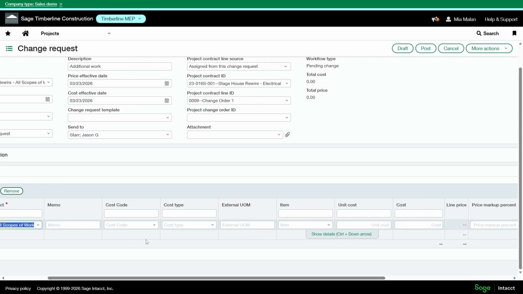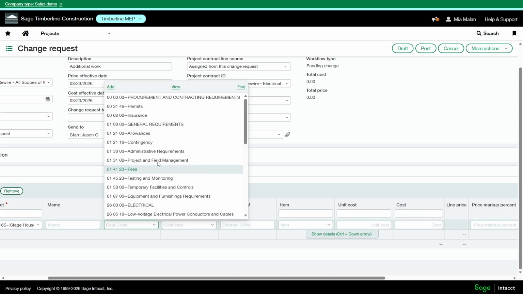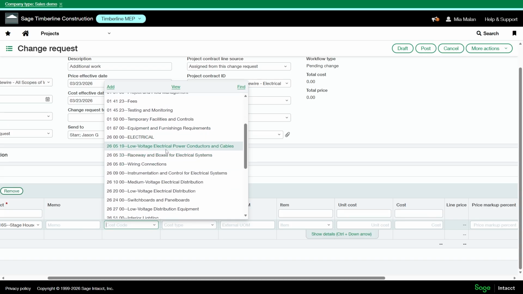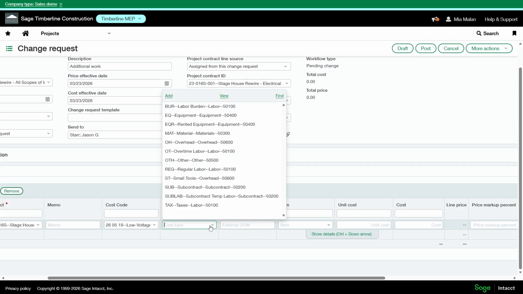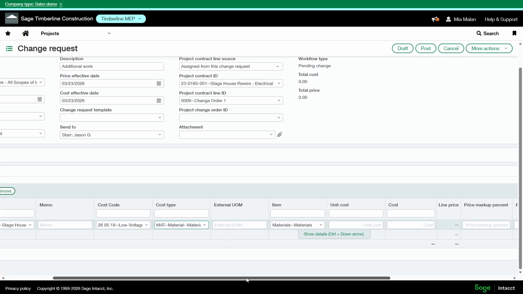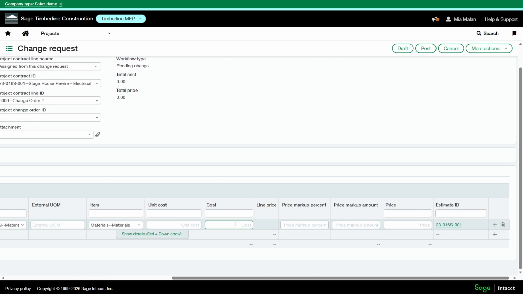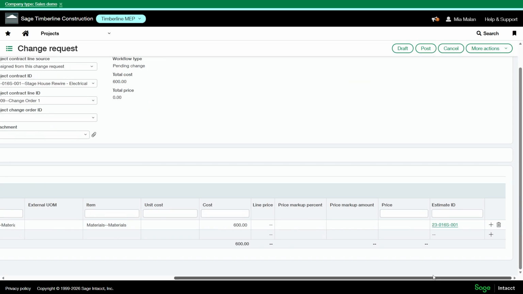You can add a memo, enter a cost code. And your cost type. I'm going to enter in the cost here. The price.